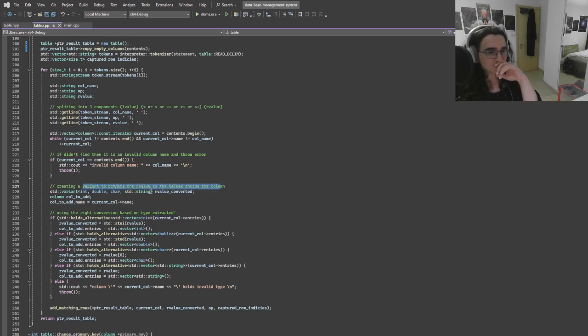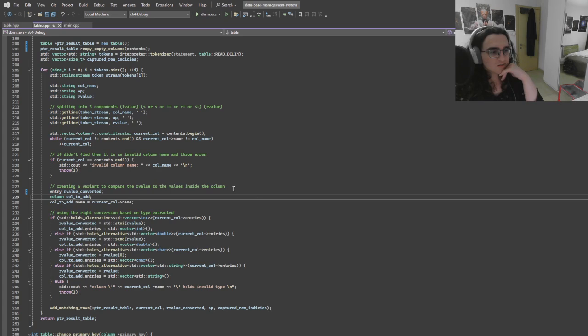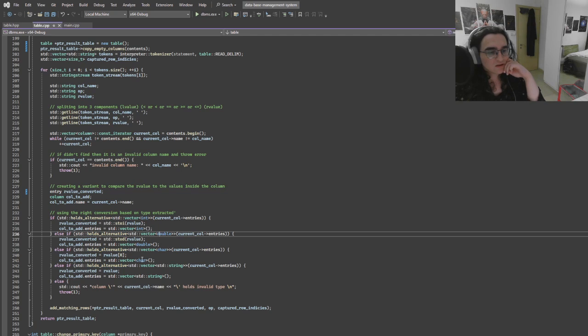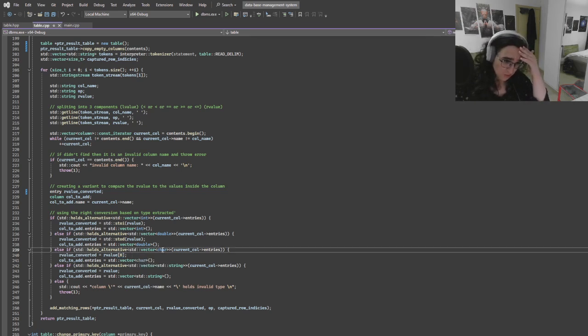I'm creating an entry here, variant. Again, I can switch to entry. The R value is converted, because this is always a string. So again, I'm checking holds alternative on each: int, double, char, and string. Char actually supports it if you provided the whole string. I'm just taking the first value, like the first character, but it won't get here